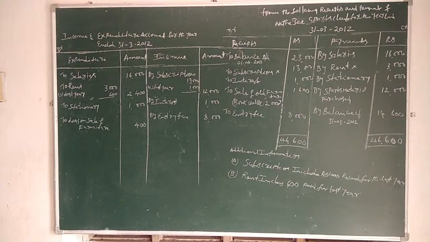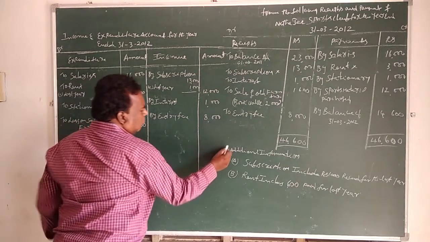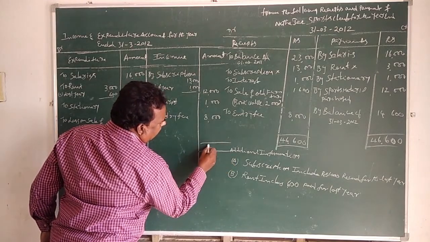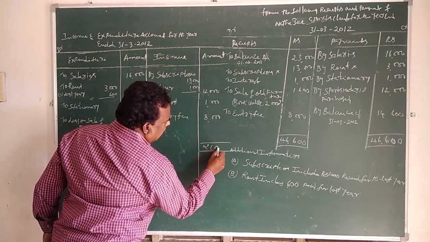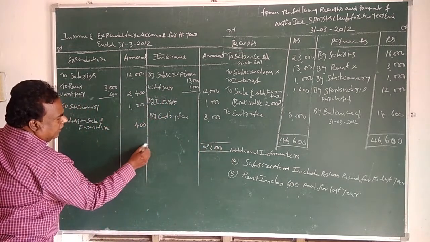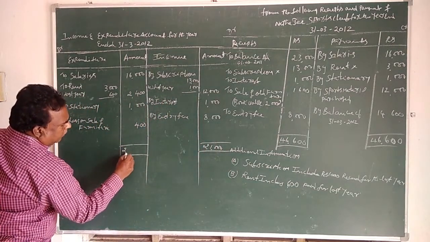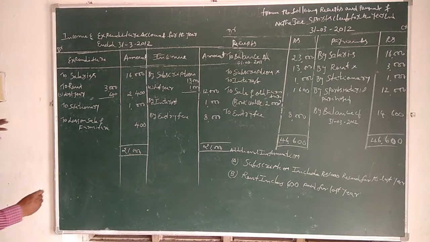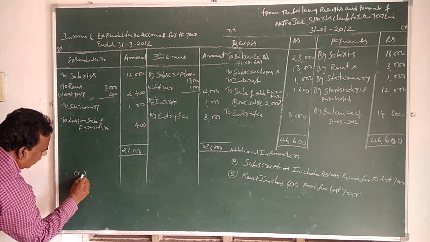Grand total 21,000. Grand total, credit side 21,000, carry forward to credit side 21,000. Here credit balance 21,000,